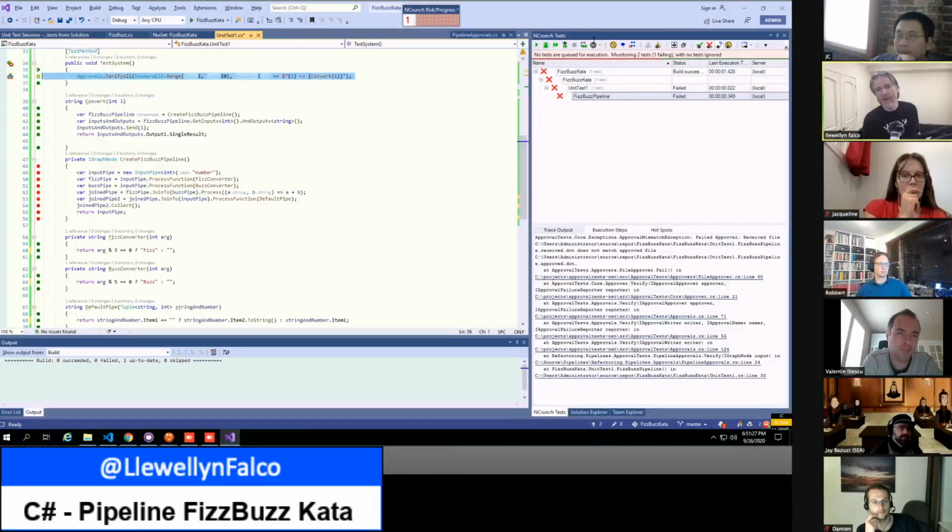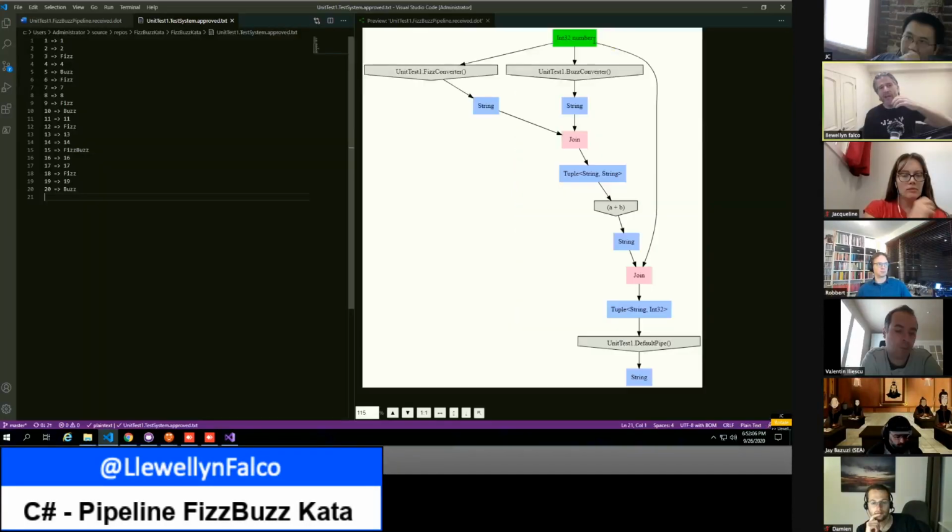If you go back and look in the VS Code, this is the file name we're looking at. Unit test 1 is because that class name was unit test 1. Dot system test because that test name was system test. Then dot approved because that is what we said is okay. And dot text because it's a text file. And if it doesn't match, actually this should probably work. Do something like type an extra Z in Fizz.